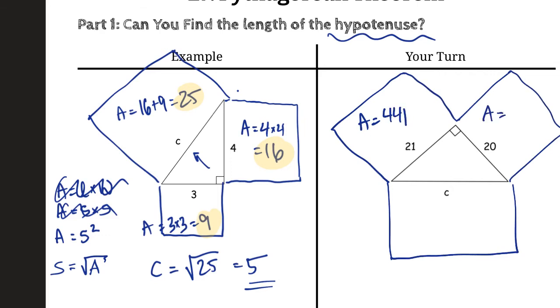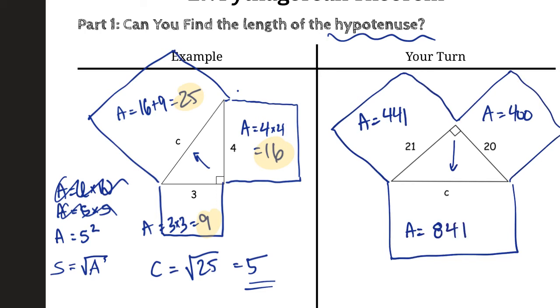And I can do the same thing for the area of this square. 20 times 20 is 400. So the area of the biggest square is going to be the sum of those two smaller squares. And we know it's the biggest square because it's the longest side, and it's the side opposite the right angle, right? So the area of this square is 441 plus 400, which is